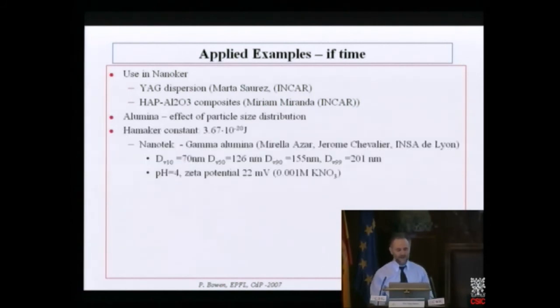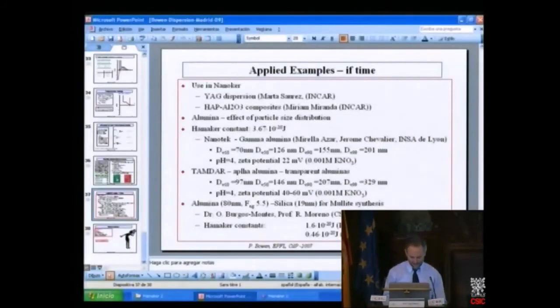We'll have a quick look at the effect of alumina on nanotech, which is something that Mirella Azar has been working on with Jérôme. So we have a size distribution. So you have 70 nanometers, 10% of the particles are less than 70 nanometers. The DV50, 50% less than, greater than 126. 90% of the particles are less than 155. So we measured at pH 4, we measured a zeta potential of 22 millivolts. And if we're in a background electrolyte of 10 to the minus 3 KNO3,